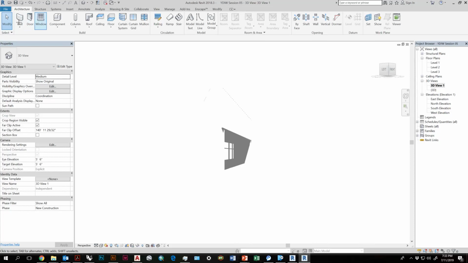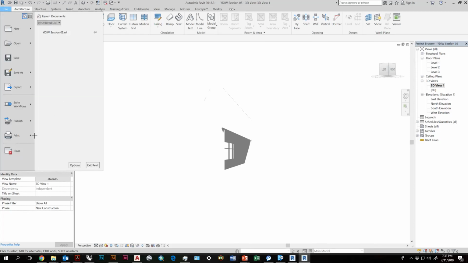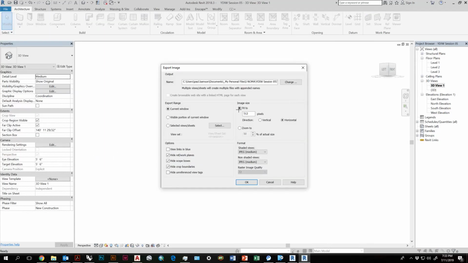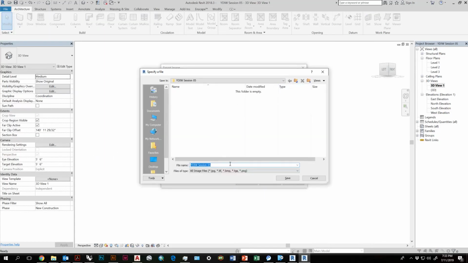So now what I'm going to do is go into File, Export, Image, Images and Animation, Image. I'm going to save this as a JPEG, and then call it 3D View 1 Shadows. Save.